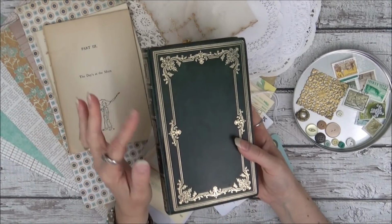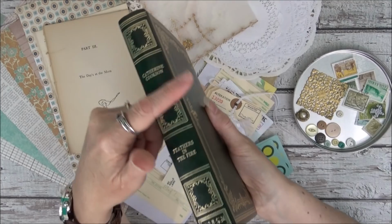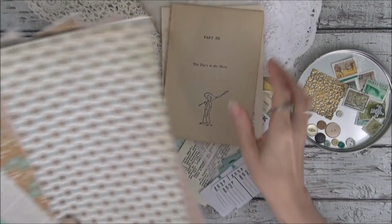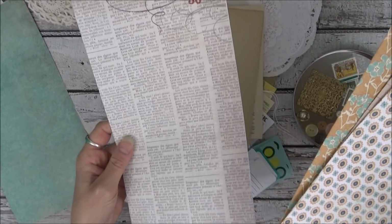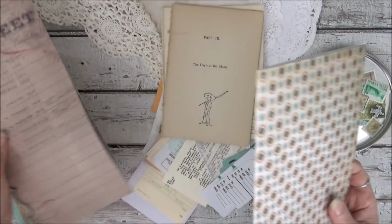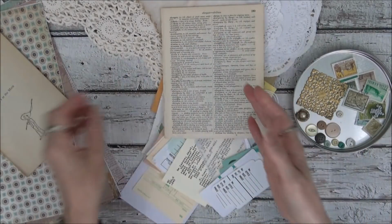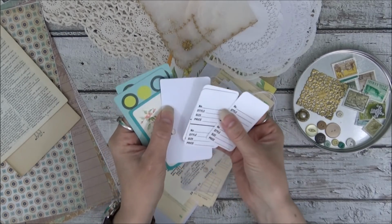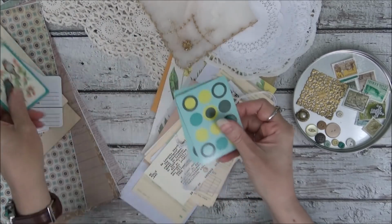Next I've got this green, teal, and gold combination. The book itself is not as vintage as the other ones. It's from the 70s, but it's got beautiful detail on it. And the papers I chose are from Recollections. And again, I've got a full signature from a vintage book. And another one here. And then again, some merchandise tags, an index card, or a Rolodex card, little bird playing card,